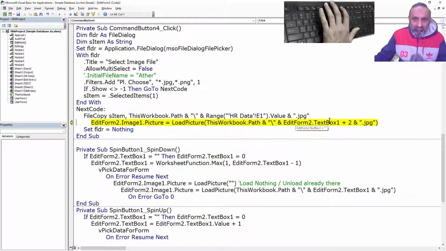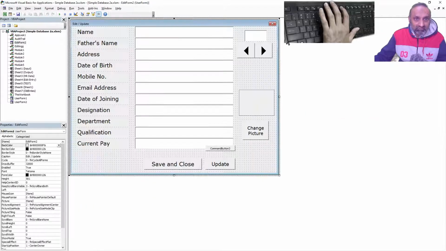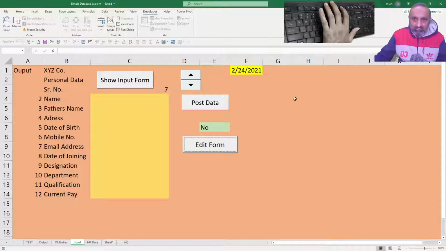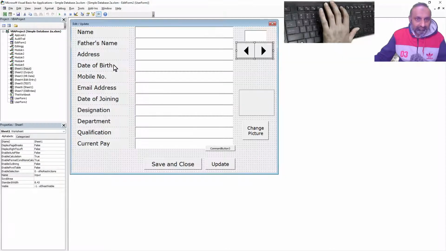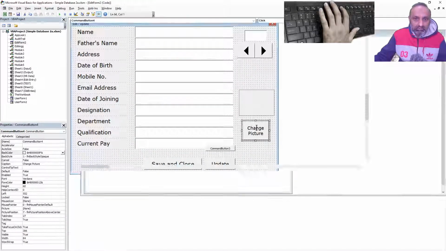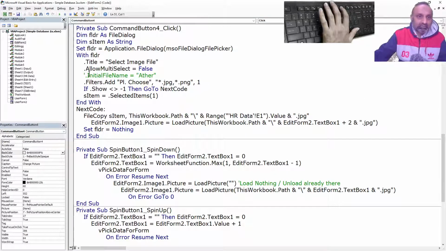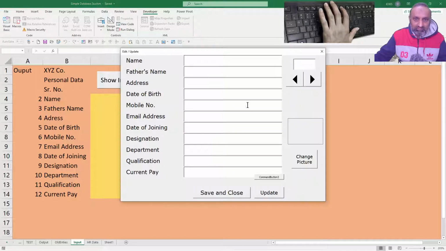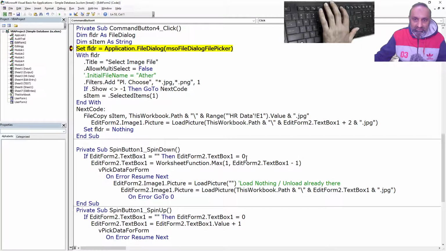Text box 1 is equal to nothing. Yeah, right now it is nothing because I haven't entered any. What we can do is we can put stop over here. Okay, and now we can go to edit form, and this is the one,